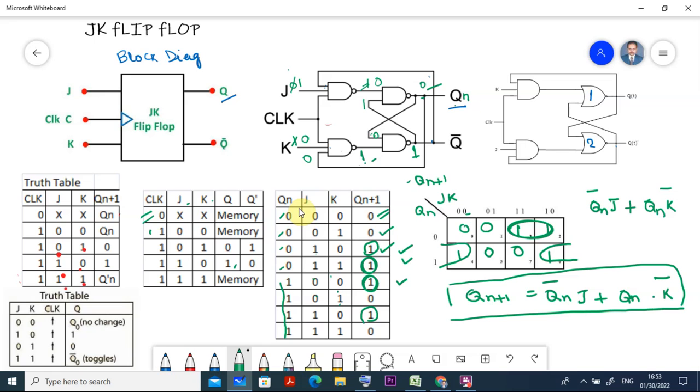We started with the latches. From the latches we have gone for this RS and SR flip-flop, and there are some 4 states for this SR flip-flop, SR or RS. First one is the no change, second one is the reset, third one is the set, and fourth one is the indefinite conditions or indeterminate condition, whatever you say. So to counter that one, we have gone for this D flip-flop.